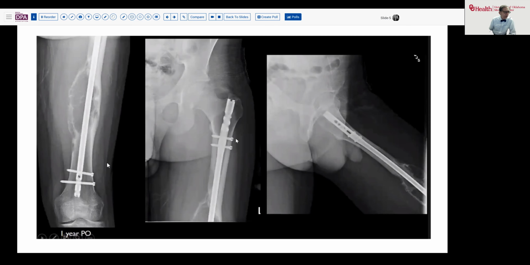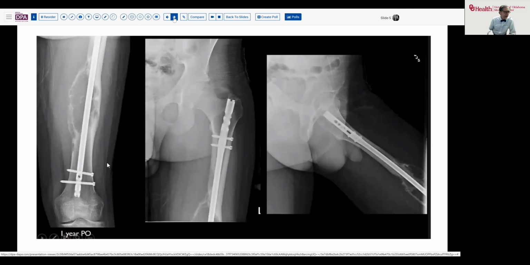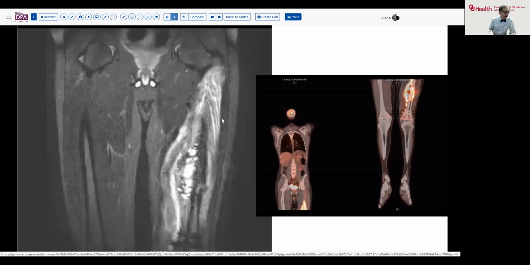And so although we don't see tumor growing out of any of these iatrogenic orifices, the potential is there that such could happen. And so various options are considered, but ultimately it's decided that the entire bone needs to come out. And so the full femur is resected,